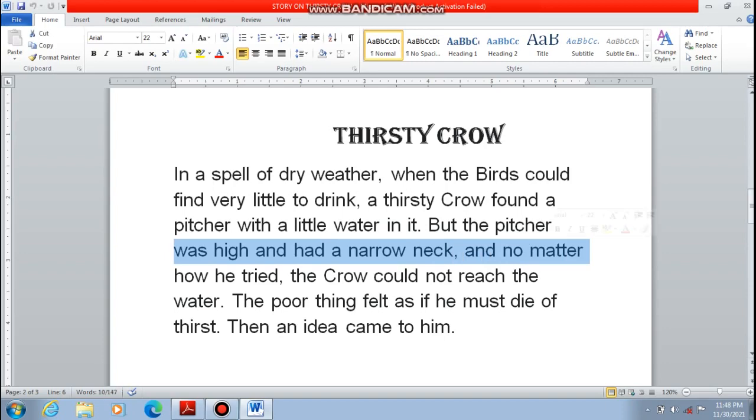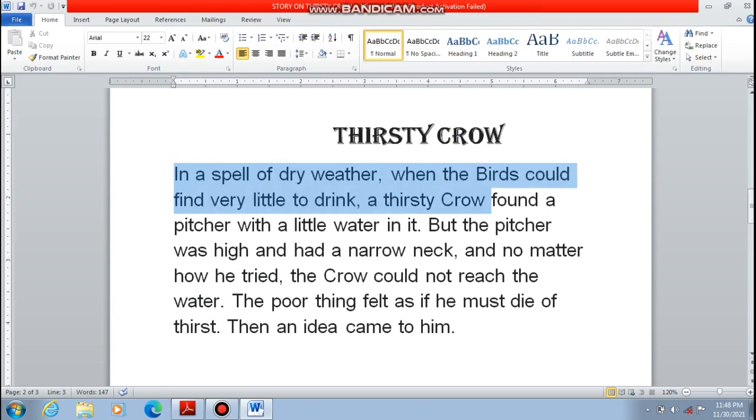Okay, so this is how you can select an entire sentence or you can select a text. Suppose you want to select some lines of a paragraph. Similarly, again make a left click, hold the left button of the mouse and scroll whichever text you want to select. As far as you go down, the words will be selected. So this is how you can select a paragraph.